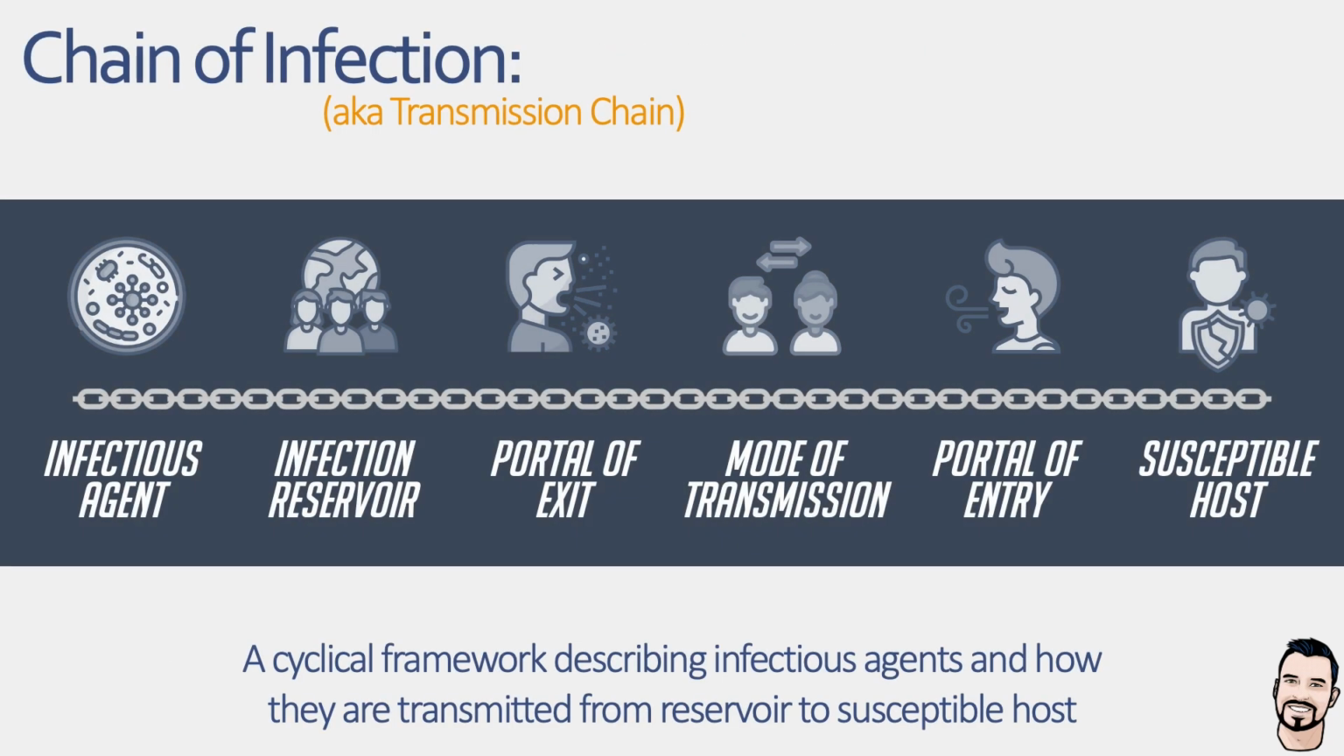And so just to summarise, the chain of infection essentially describes the series of events required for an infectious disease to spread, from the infectious agent, through its reservoir, portal of exit, mode of transmission, portal of entry, and finally to a susceptible host. And the key thing to remember in all of this is that infection is not inevitable. There are many opportunities to break the chain at any one of these stages, meaning transmission can be interrupted and